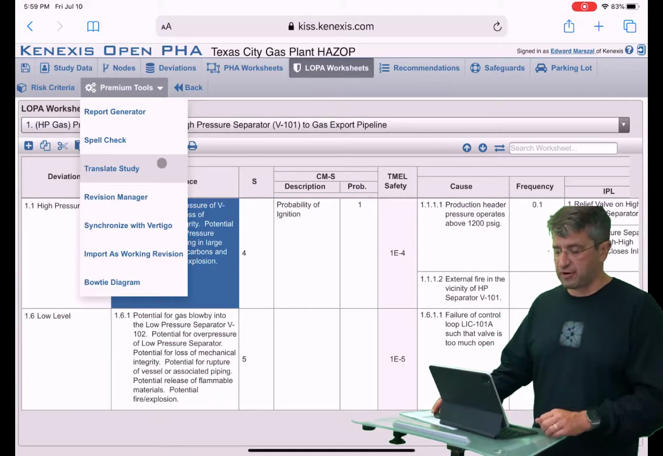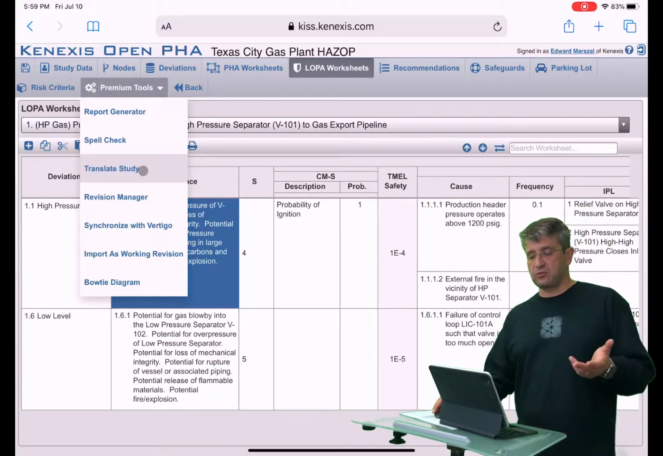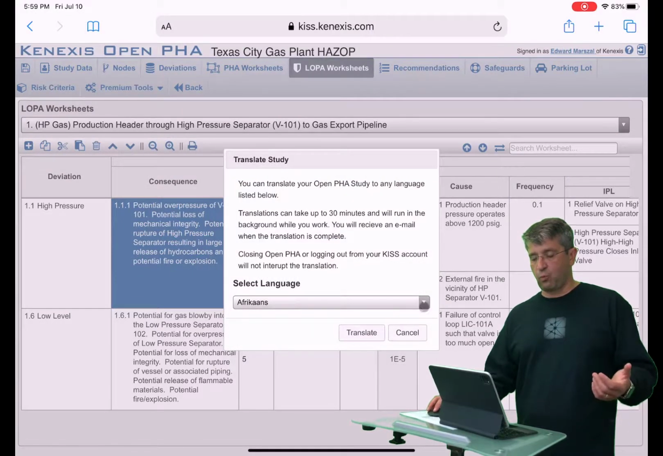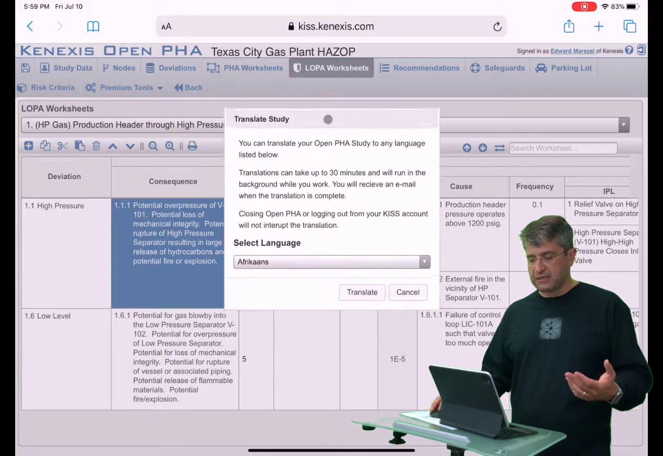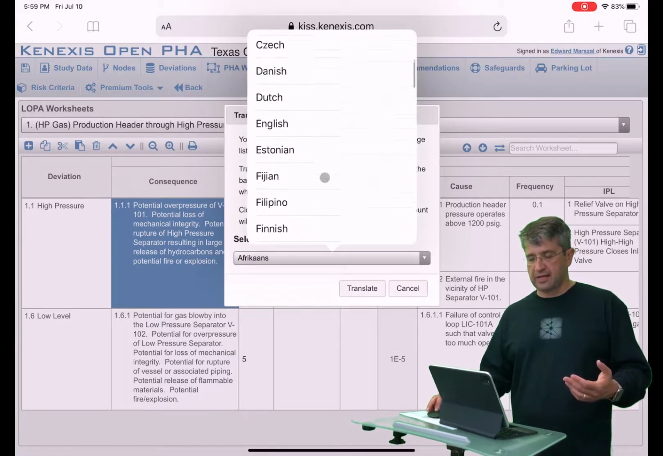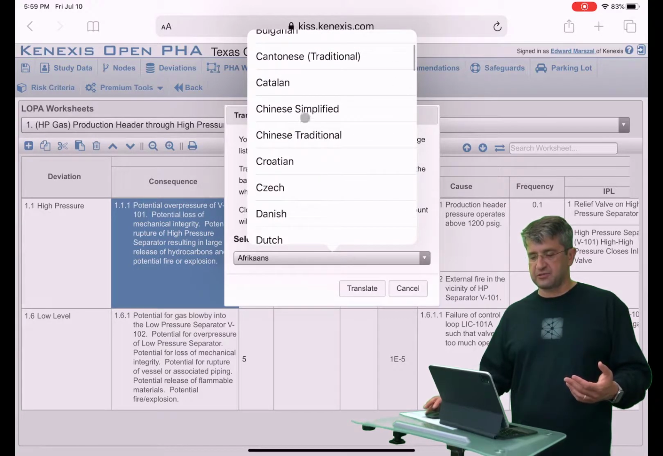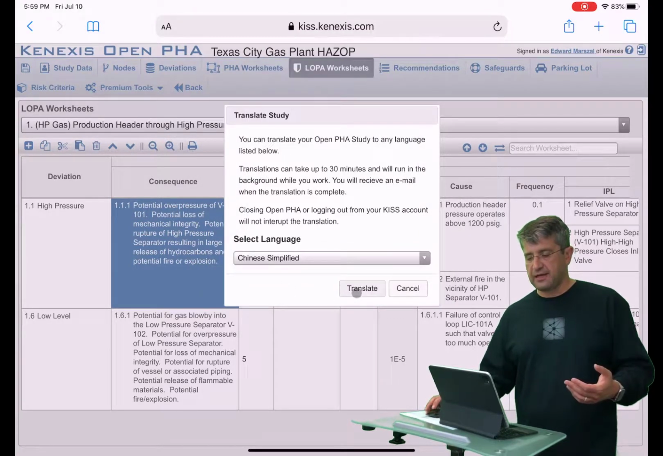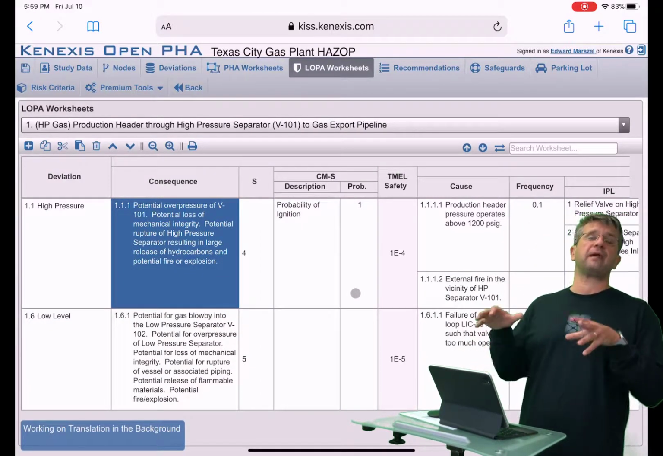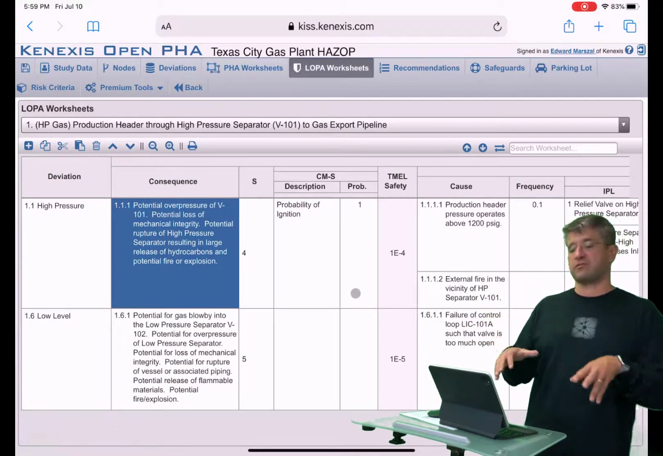the Open PHA framework. So I would just go into Premium Tools, click Translate Study, and then I would decide what option or what language I would like to translate into. So let's go ahead and translate this into Simplified Chinese. Hit the Translate button, and when I do that, all the work is happening on the Kenexis servers in the